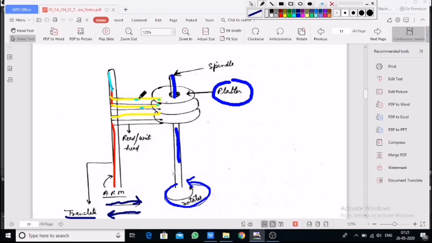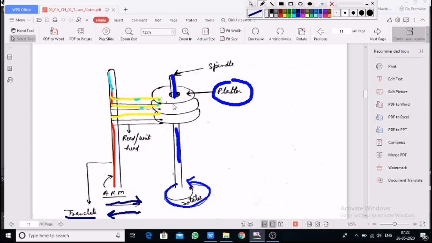These heads are read and write heads, meaning each head reads as well as writes. When it stores data, it needs to write on the platter, that is writing. And reading is when it retrieves some information from the drive, that means it is reading the data from the hard disk drive and showing us on the monitor, right? So that is reading and writing. So, read and write head.